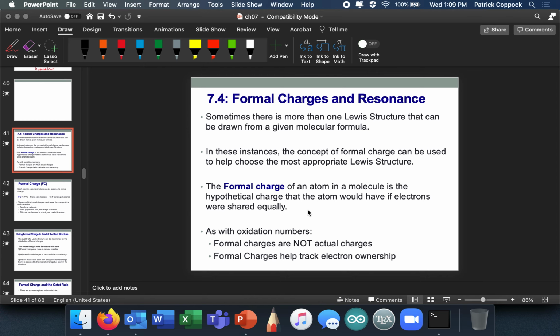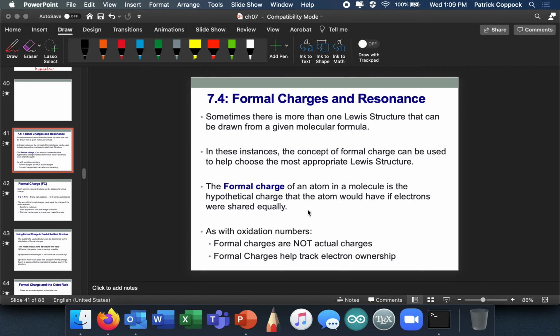Okay, so now we're going to talk about something called formal charges and resonance. It's important to note that sometimes when you're doing Lewis structures, there's more than one possibility. When that's the case, we're going to evaluate the different possibilities based upon a formality called formal charge. We're going to do some calculations and, with some easy math, figure out which one of the two possible structures is